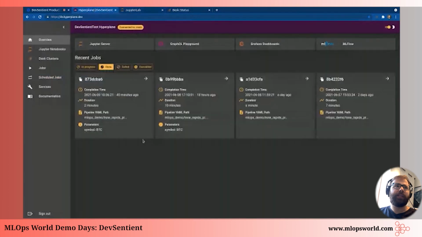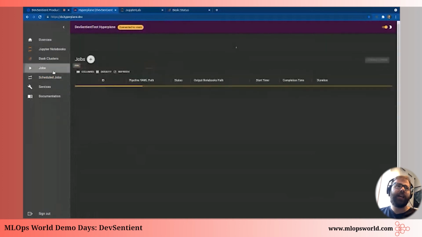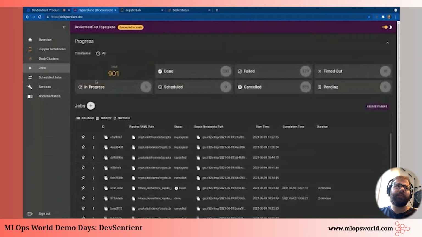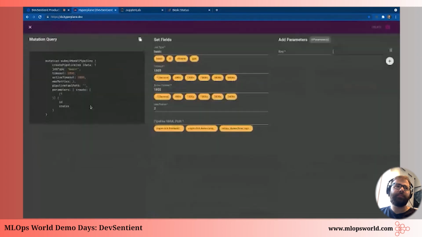So I'll switch back quickly to the Hyperplane overview, and I'll go over here to the jobs tab, and I'm going to create a new job. You'll see there's a number of fields that I can set, and these options are populated based on common fields that have been set in previous jobs.